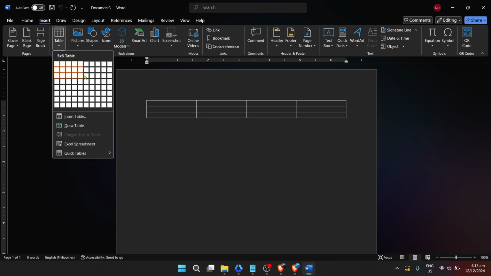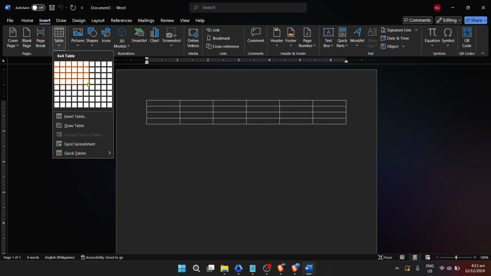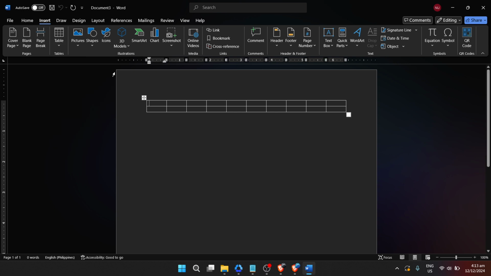Specifically, you'll need to decide how many rows and columns you want your table to have. Don't stress over getting this number perfect right now. You can always add or remove rows and columns later on. Once you've decided on the initial size of your table, click OK, and voila. You've just inserted a table into your document. It's that simple.